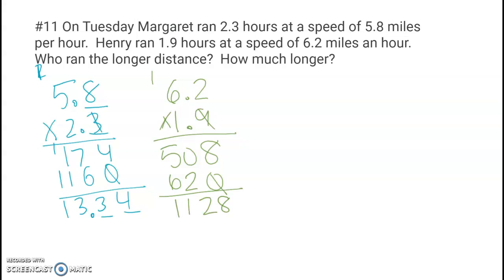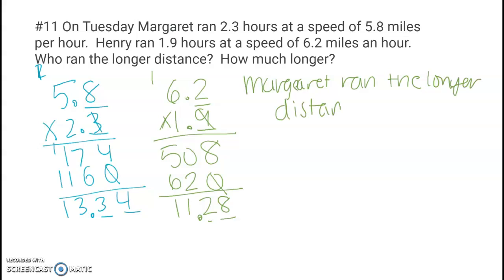I have 1128. I need to place my decimal. There are 2 numbers behind the decimal in my factors, so there will be 2 numbers behind the decimal in my answer. So who ran the longer distance? Margaret ran the longer distance. And the second part is how much longer, so we're going to need to subtract 13.34